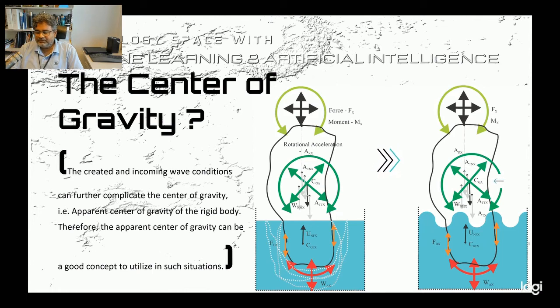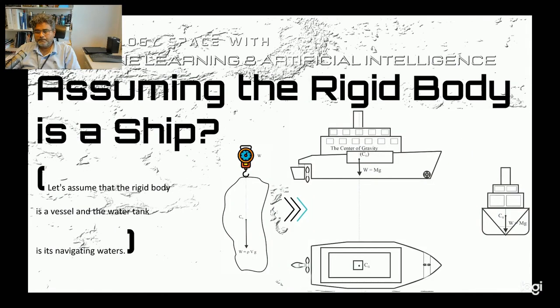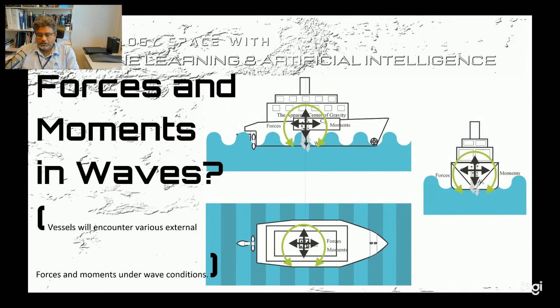So that way, we can utilize that concept further in shipping industrial applications. So let's assume that the rigid body that we have discussed so far is an ocean-going vessel or a ship. The water tank that we have considered in this example is the navigating waters of that vessel. So when these vessels are navigating in this ocean environment, their rudder and propulsion system can create forces and movements. Beyond that, when these vessels encounter wave and wind conditions, these external factors can influence these vessels